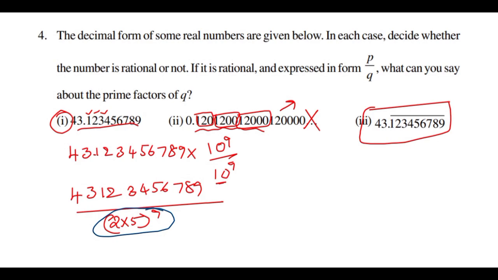What you learned today in class is about terminating and non-terminating decimals, how to find out whether a number is terminating or non-terminating without using actual division. Similarly, how to express the given number in decimal form without actual division, using Theorem 1.1. What is Theorem 1.1? That is the fundamental theorem of arithmetic: every composite number can be expressed as the product of prime factors. This is the complete exercise 1.3 from the first chapter.